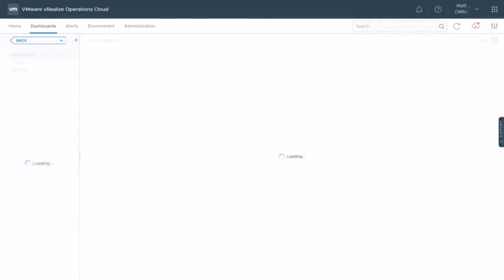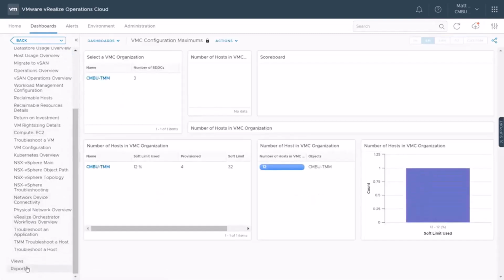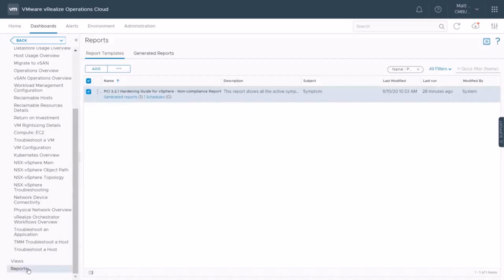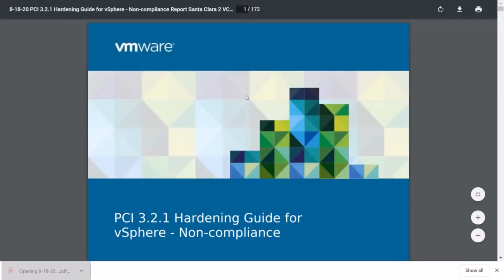Compliance findings can be shared easily as reports through vRealize Operations. So if I take a look at my reports here, I already have a filter for showing my PCI compliance report. And I've already gone through and generated a report for one of my vCenters. So if I take a look at this report, I can open it up as a PDF or as a CSV. Now inside the PDF report, if I go ahead and open this up,